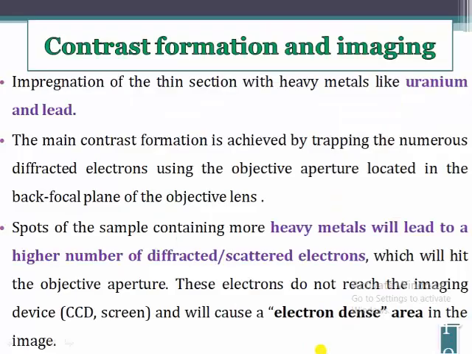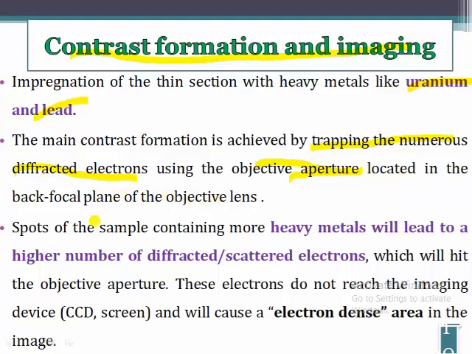Now we will move towards, see, the next step, which is contrast formation and imaging. Means how we will get the contrast formation, contrast image, or you can say the bright image. So here there is an impregnation of a thin section with heavy metal. We will use heavy metals like uranium and lead. What will it do? So what is contrast formation? It is achieved by trapping the numerous diffracted electrons using the objective aperture located in the focal plane of the